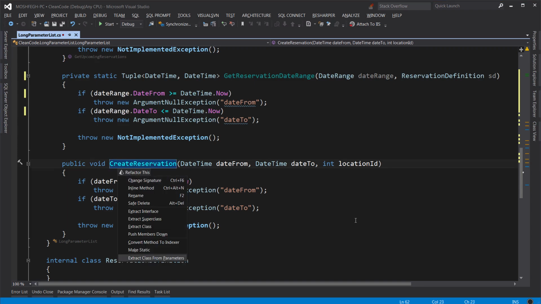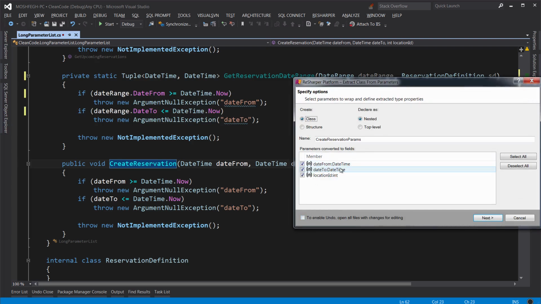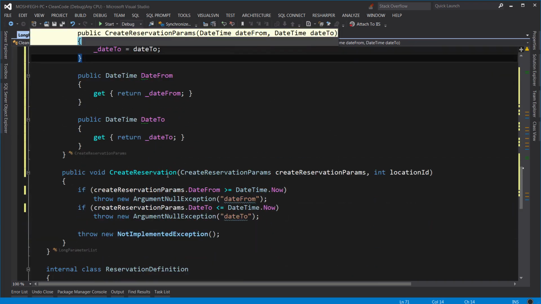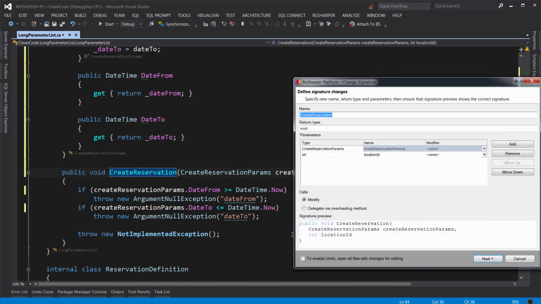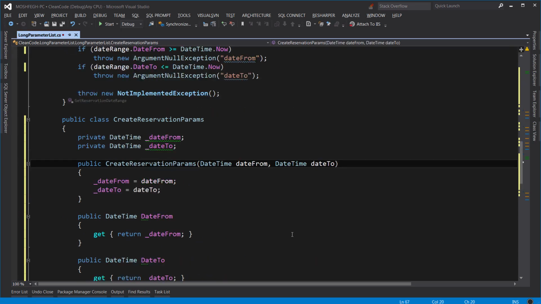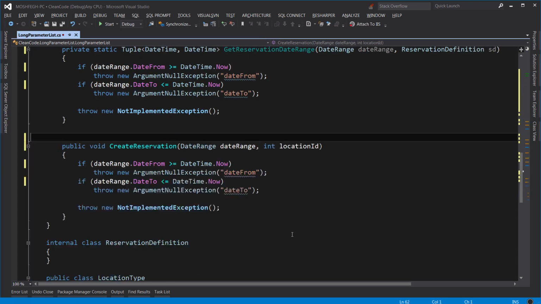Again, Control-Shift-R. Extract class from parameters. Just select from and to. Next. Back to the method here. Control and F6. We want to change the data type to date range. And we're done. So let's get rid of this temporary class. Okay,